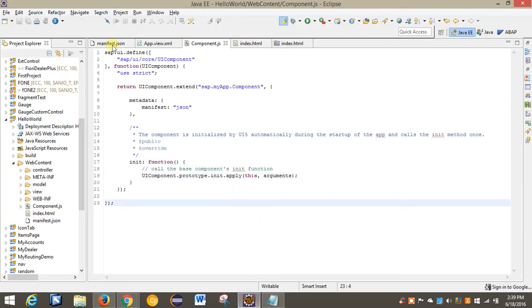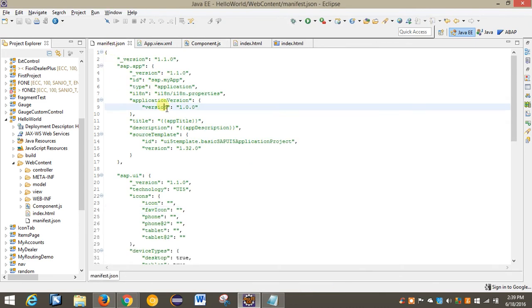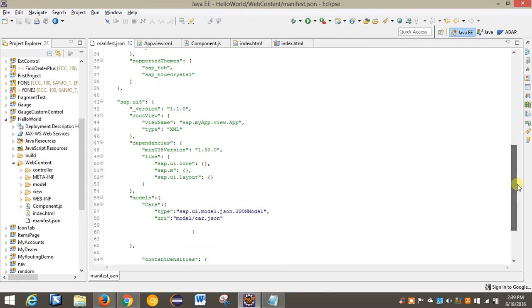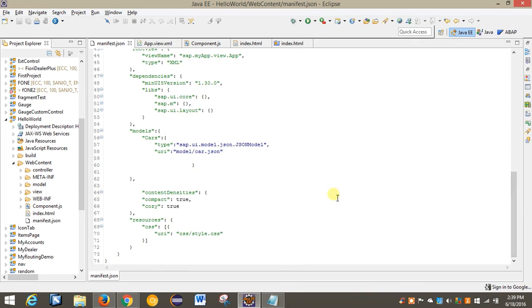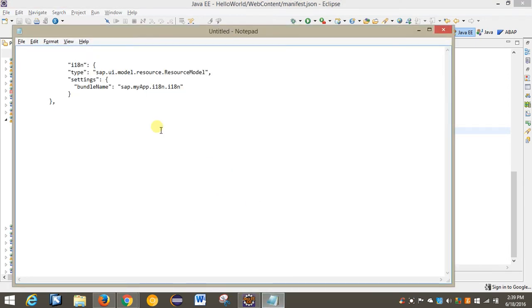Now I will set the model in the manifest file, and this was the first step. The second step is to make a particular folder, and in the third step we will make use of i18n in the view. Three steps are there: defining it in the manifest, making a particular folder for i18n, and using i18n in the view. So now I will define it in the manifest. We will define the i18n in the model section. So I am just copying the code here,